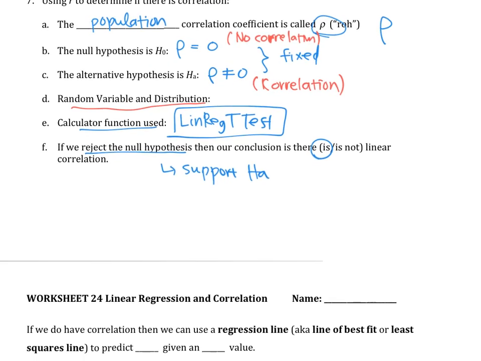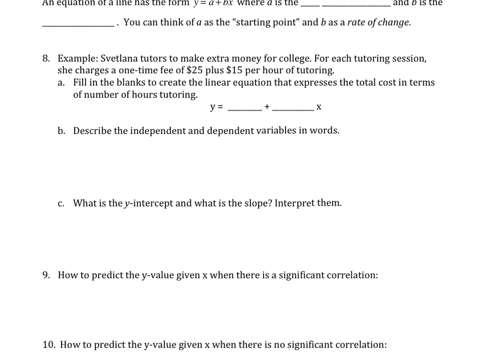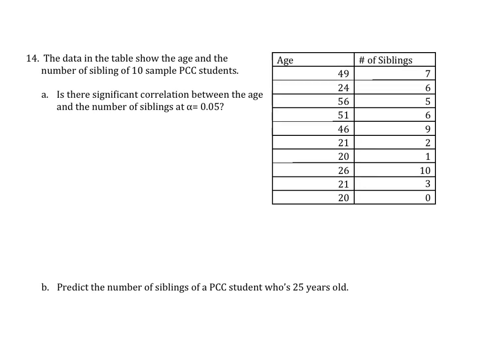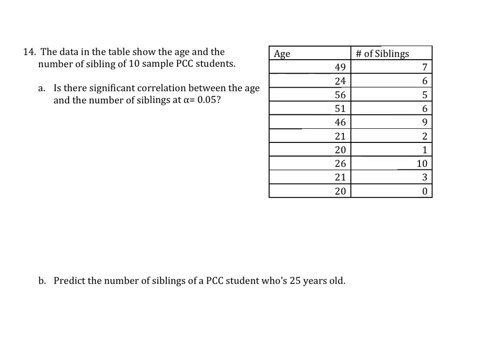All right, we're going to fast forward to one of the questions here, and then we'll come back. I'm just going to do one example. Let's look at number 14. The data in the table shows the age and the number of siblings of 10 sample PCC students. This person is 49 years old, 7 siblings, oh, that's a lot. 46, 9 siblings, 21, 3 siblings, 20, 0 siblings. I want to see if age somehow influences the number of siblings. So is there a significant correlation between age and number of siblings at